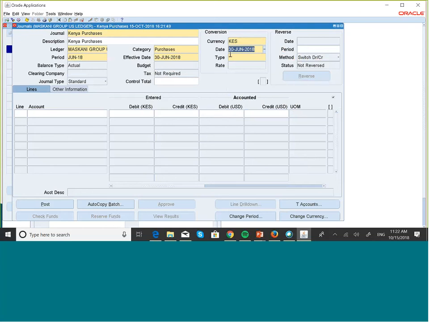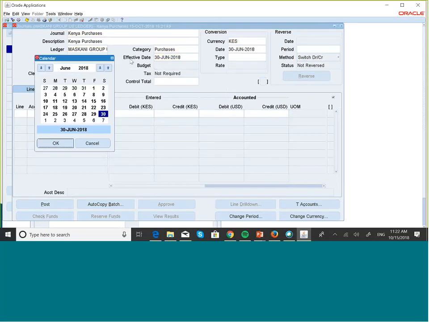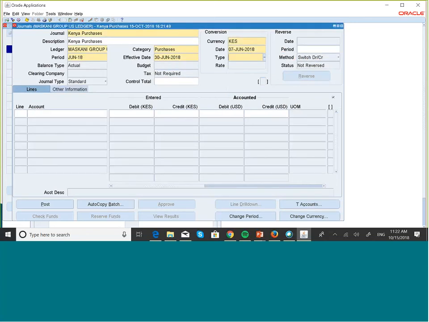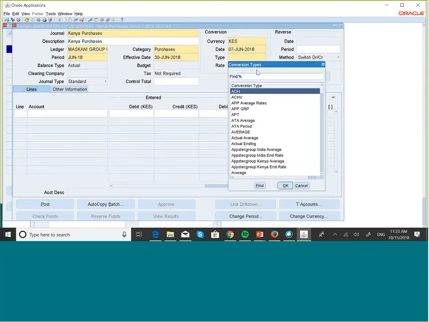The date is the effective date for whatever exchange rate that we are going to use. So we entered a range from the 1st of June to the 15th. So let's pick a date in that range where we have entered exchange rates. Okay, so let's pick 7th June. After we pick that, then Oracle will ask us to pick a rate type. Okay, then here we can select Maskani,